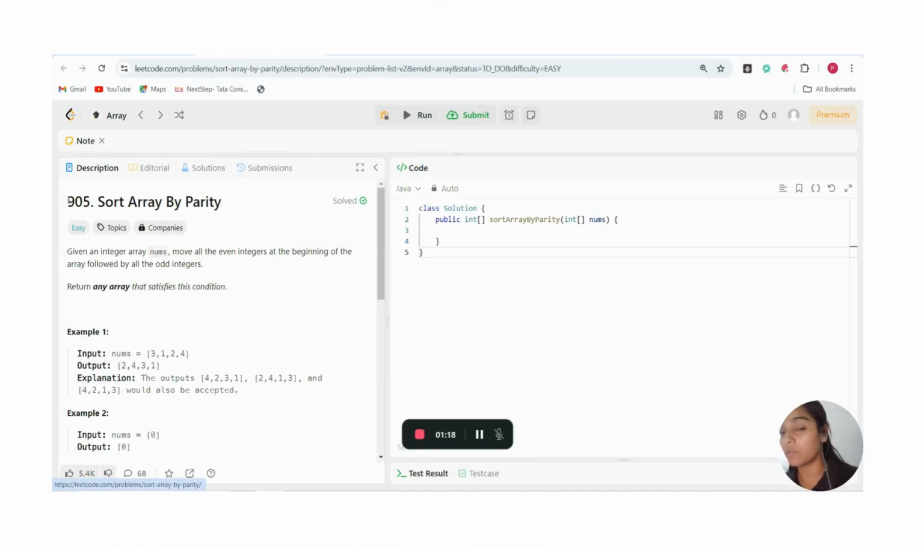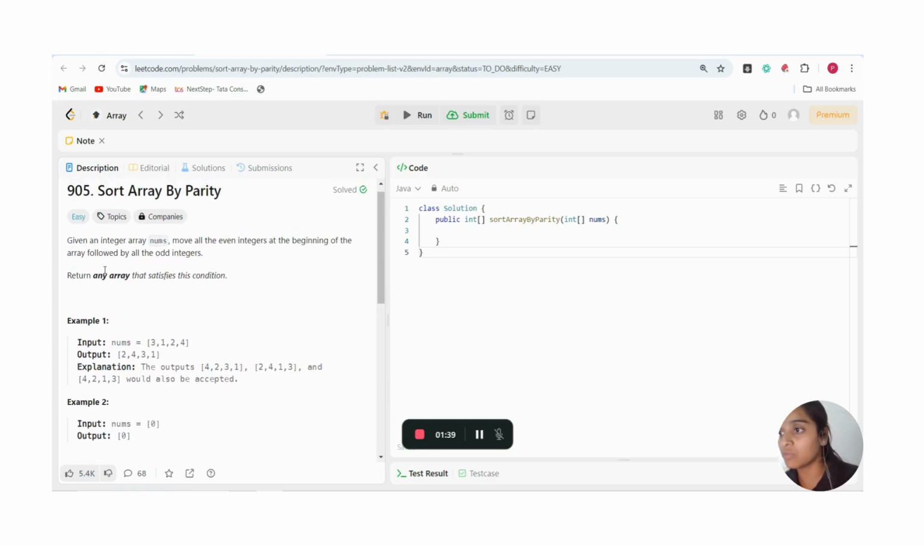Now guys, moving forward with our questions. First of all, we took a LeetCode question, question number 905, named Sort Array by Parity. It is an easy level question. So let's move ahead. In the question description we have: given an integer array nums, move all the